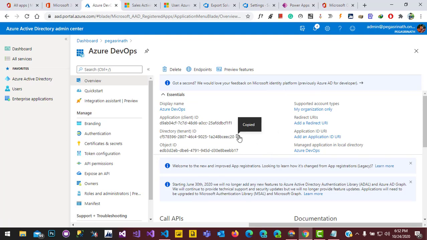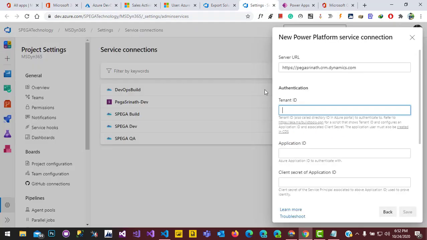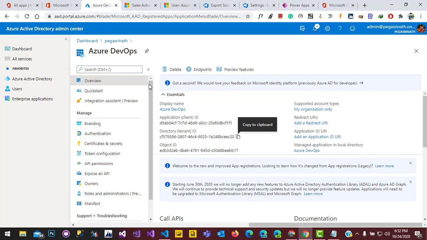Let's copy that and paste here. And now it's asking for the application ID. This we will also get from the app registration. Yeah, this is the application ID of the client, with this app registration.